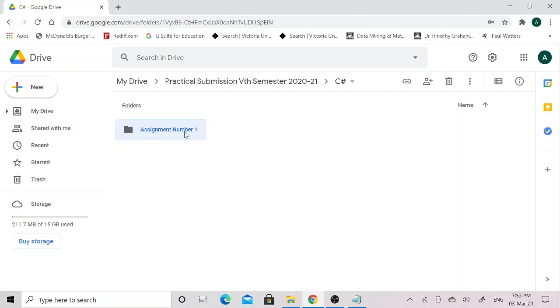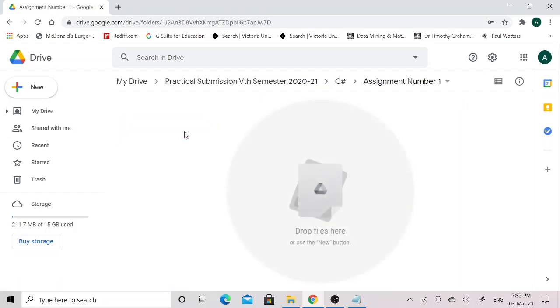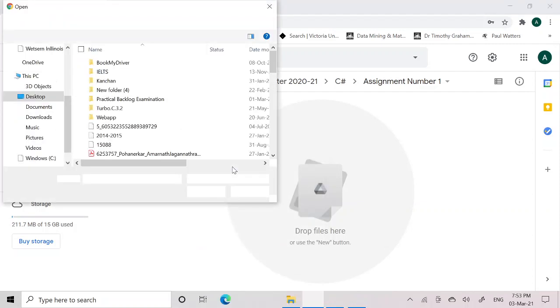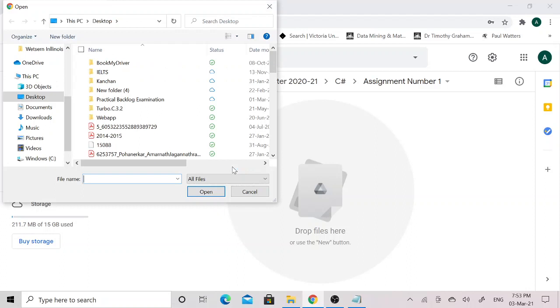In the assignment number 1, I need to right click, and this time I will click on upload files. In the upload files, you will have to upload your practical written image files.